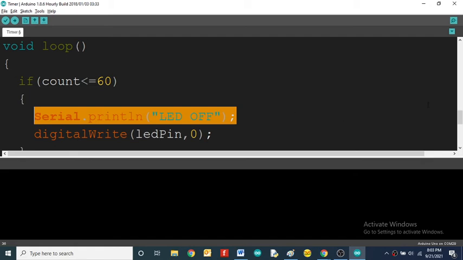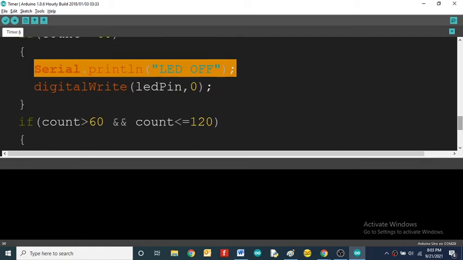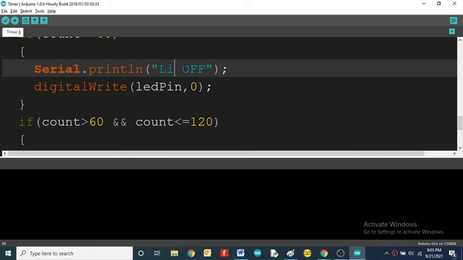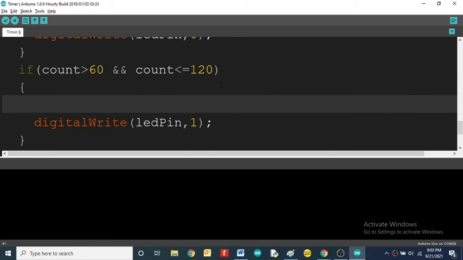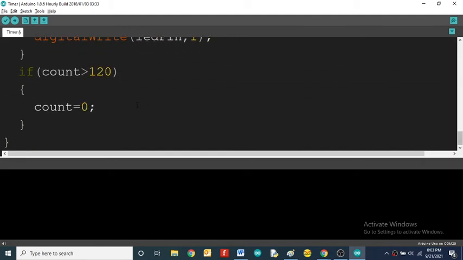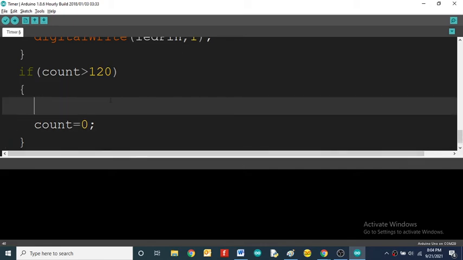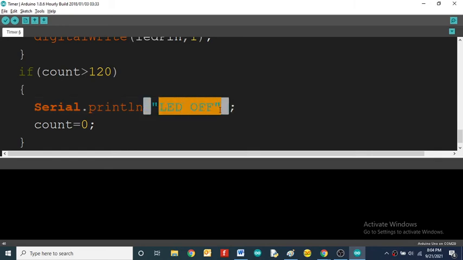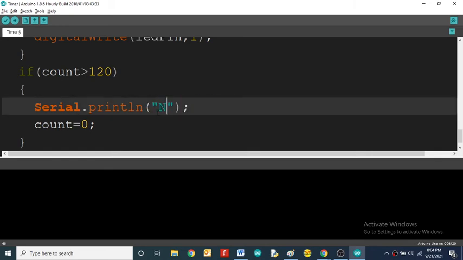Similarly, in the second condition, light off, and here light on. In this condition you can also display resetting the count or new day. Like that you can do that. I'll simply print next day.